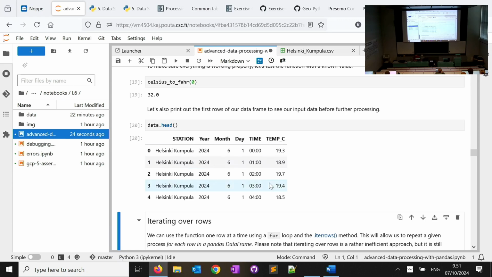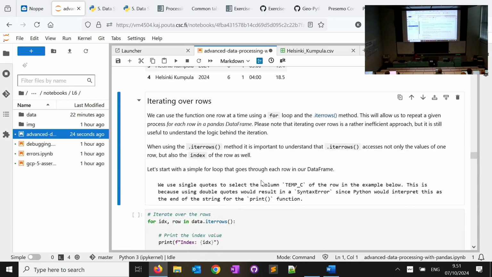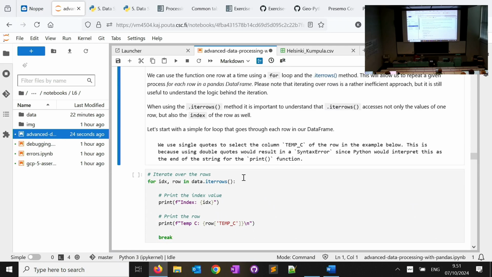So now we are going to iterate our rows, apply a function there and calculate. We will create a new column, data temperatures in Fahrenheit. As you can imagine, when we have used functions previously, we have had just one input. You provide the input to the function, you get the output, like what we just did, converting 0 degrees Celsius to Fahrenheit. But now we have a data frame with 2,208 rows of data. Manually you cannot do that, it's just so many rows, and that's pointless. So of course we want to automatically apply the calculation to all the rows in our data.